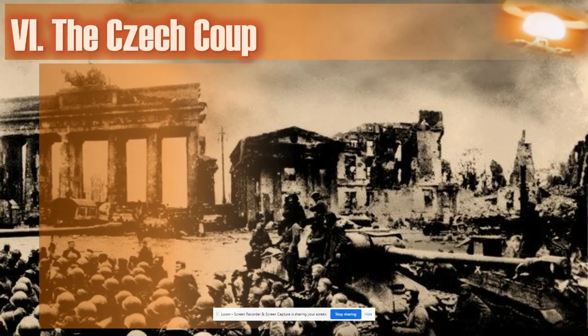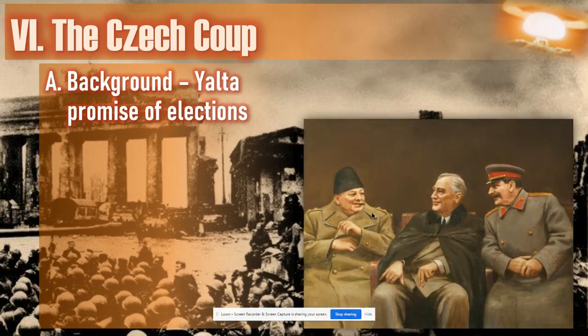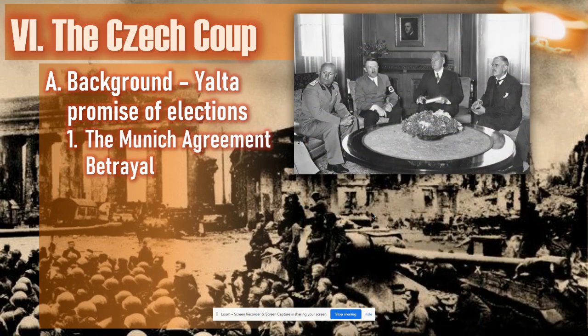Now, in Czechoslovakia, we have to go all the way back to, again, the promise of elections by the Big Three at the Yalta Conference. And while this may not necessarily be true for many of the states that were closer to the Soviet Union, Czechoslovakia did attempt to reestablish the democracy that they had in the pre-war period. But it was also flavored and colored by a history of resentment towards the West. So it's not as if they're going to say we are democratic or we're going to align ourselves with the United States. No, instead, in Czechoslovakia, there is a real strong memory of the Munich Agreement and particularly the betrayal